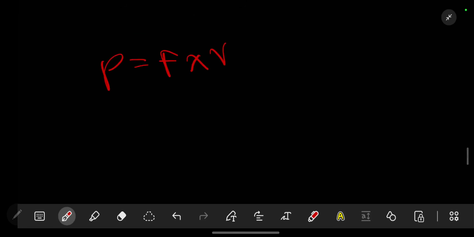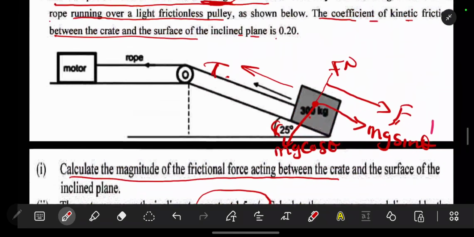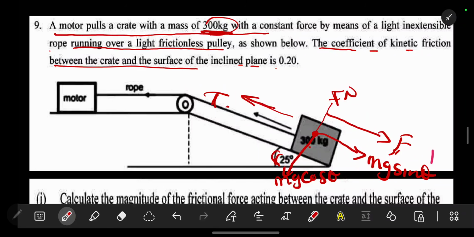Now if you look clearly, this object is being pulled up there. If, let's say, we were given 60 newtons as the tension, we could have just said 60 times the velocity, but we don't have that, therefore we use our dynamics knowledge. The tension is being applied this side, but it is being opposed by the frictional force and the mg